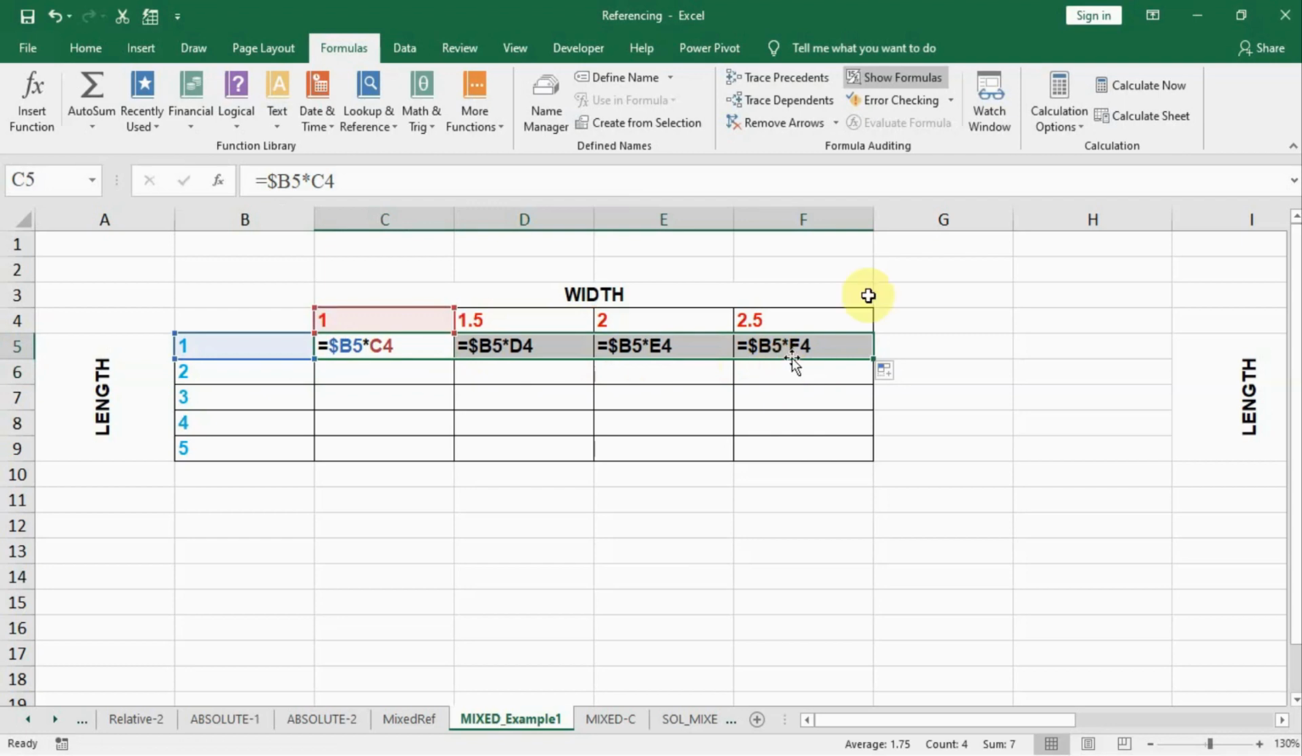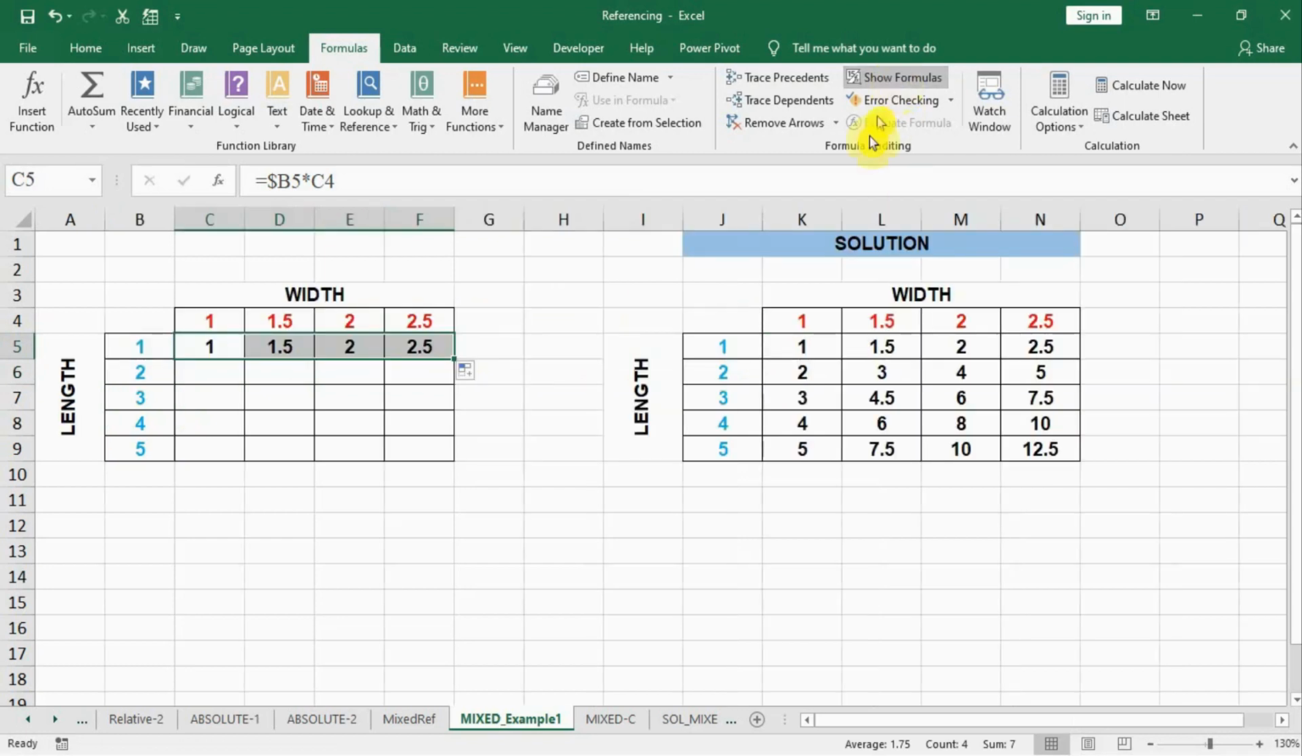Let me check if I get the answer. I go to show formulas and yes, my answer is correct. So I'll drag it down also and see if there is a mistake. Yes, 2, 3, 4, 5. But after that mistake is there. That means by 2, 3, 5, maybe by fluke or otherwise,